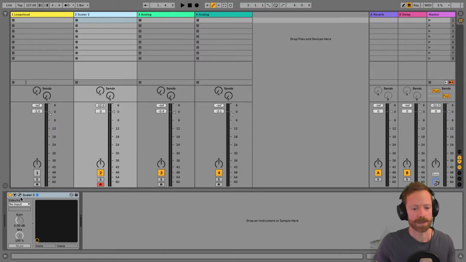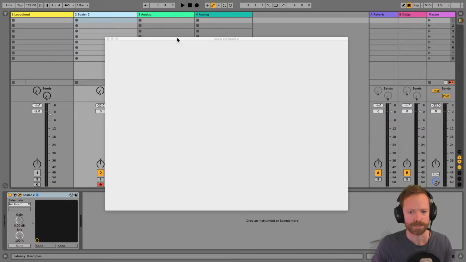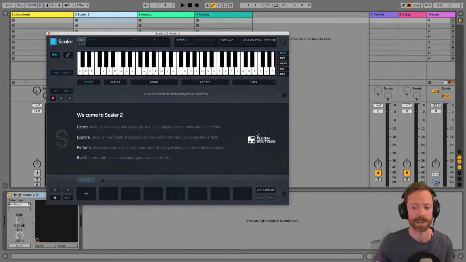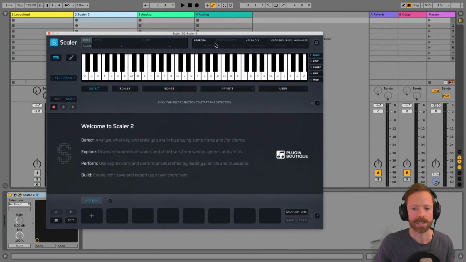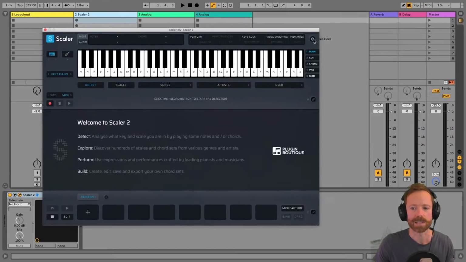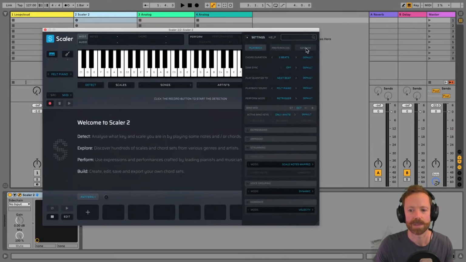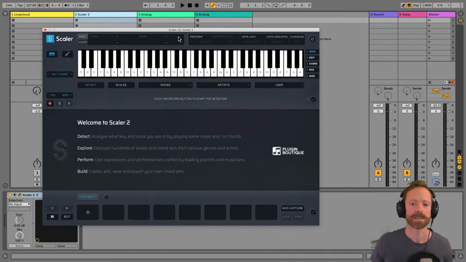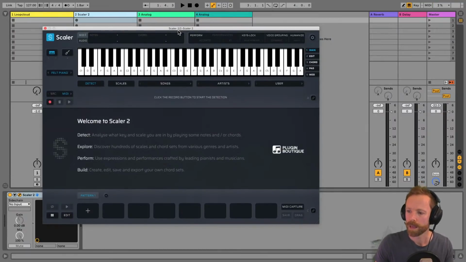But I tend to do it with one instance, and then just keep going, creating new sounds and exporting stuff out, which is just another way you can go. And when you do it that way, one thing you need to make use of a little bit more is the sessions facility, which is in here, which allows you to export and import different sessions, which are different states of the plugin. So we'll be looking at that a little bit.